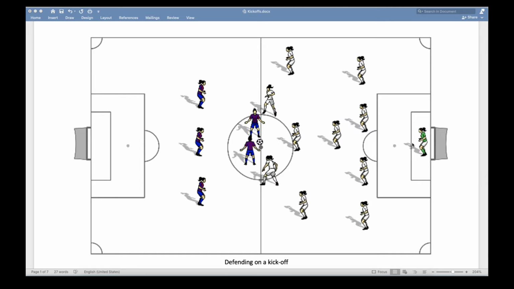So let's go over the positions again. So we have the goalkeeper in the back. We have the right outside back here. We have the right inside back, or right back, left inside back, and then left outside back. A defensive midfielder or a holding midfielder. We have a right midfielder over here, a center mid, and a left mid, and we have our two strikers